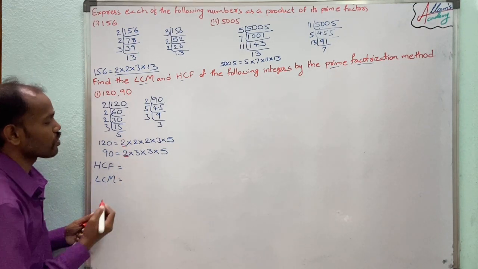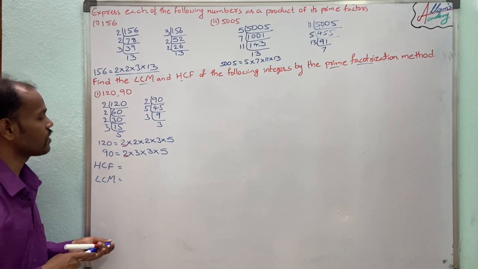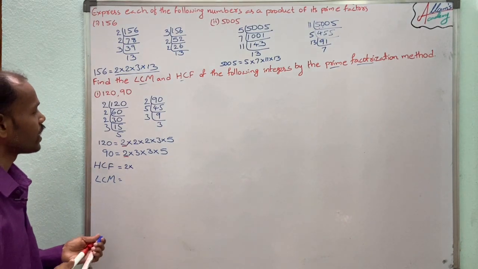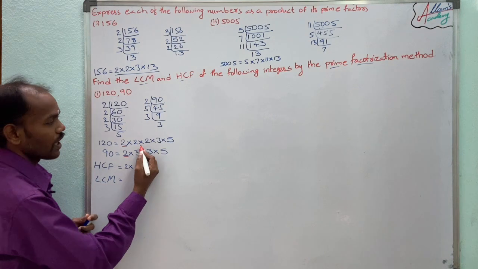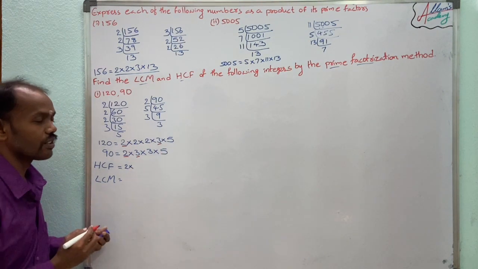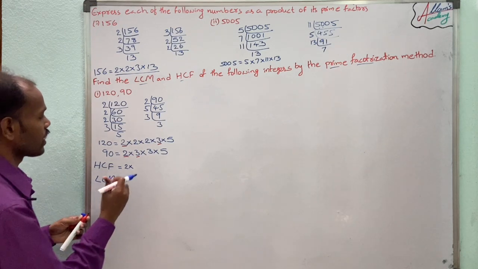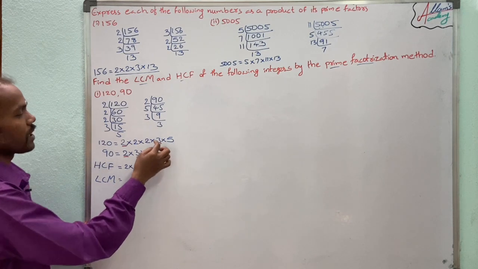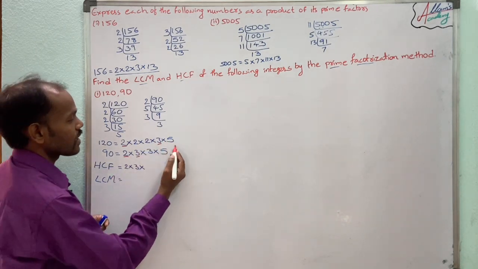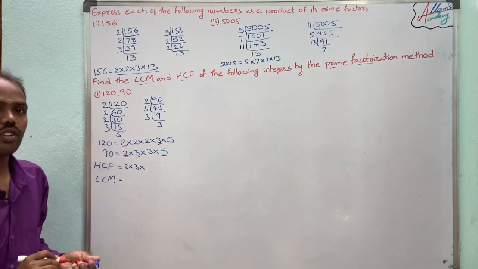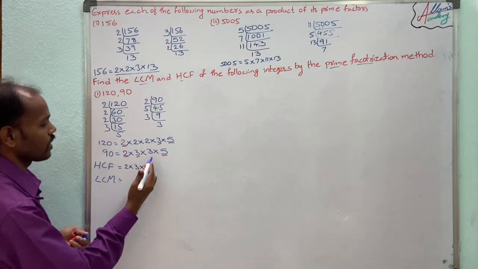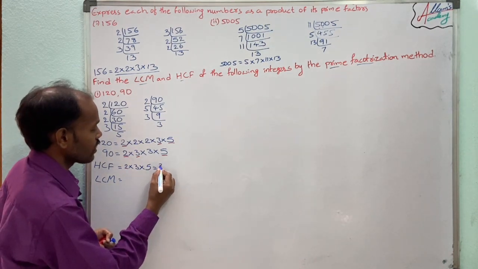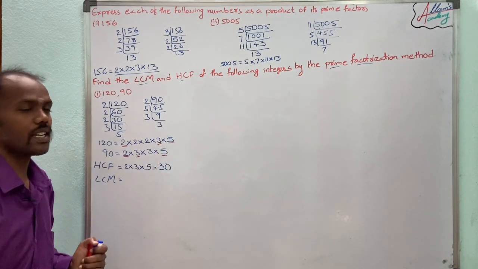So here 2 times 2 is there, so now we take it as 1 time, and the other 2 here is there but here not present. The next one is 3, presented 2 times, so now the 3 we take 1 time, and here 3 is presented but here not presented. And the same number presented in both is 5, so 5 we take 1 time. So 2 into 3 into 5: 2 3s are 6, 6 5s are 30. So HCF of the given numbers is 30.